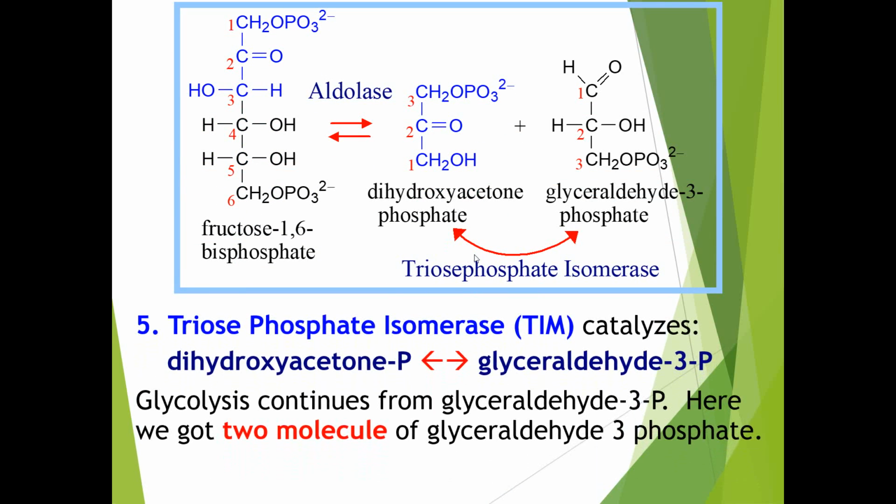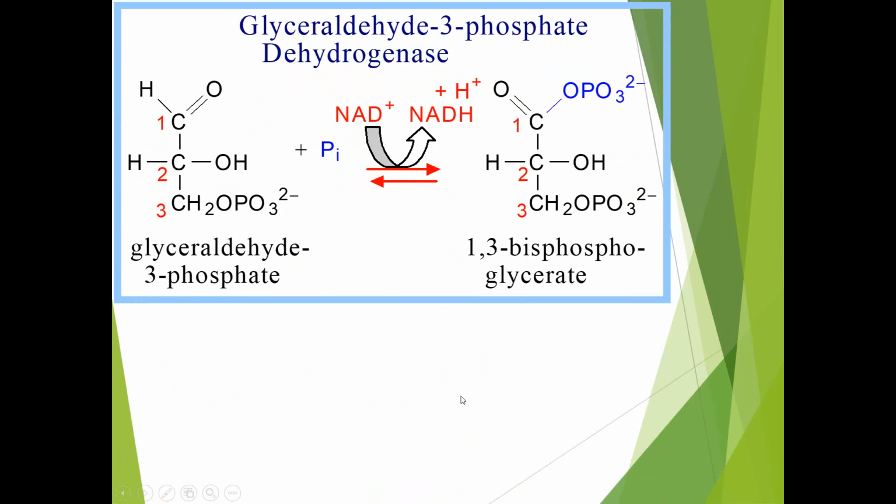As we know, the dihydroxyacetone phosphate and glyceraldehyde 3-phosphate molecules are interchangeable. Also, for the running of glycolysis, we require only the glyceraldehyde 3-phosphate molecule. So the dihydroxyacetone phosphate molecule gets converted into glyceraldehyde 3-phosphate with the help of the enzyme triose phosphate isomerase. Due to this conversion we get a total of 2 molecules of glyceraldehyde 3-phosphate. So this is the answer to your question.